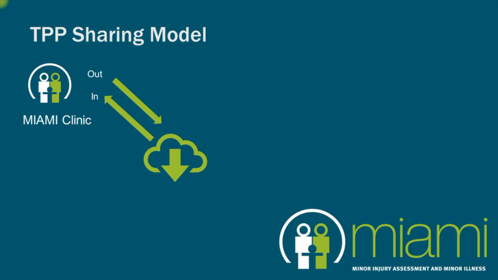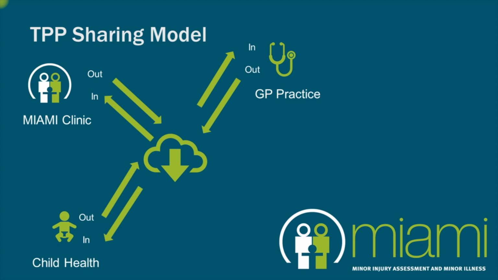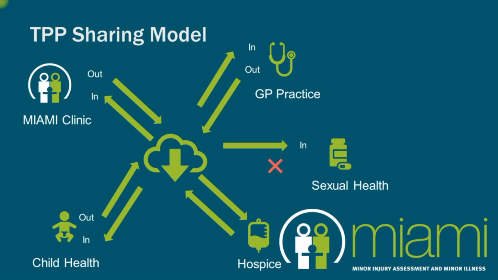Other organisations, such as the GP practice, will also need to obtain consent to share information in and out. There are other organisations that also contribute to the health record, such as Child Health or the Hospice. The design of the in and out gateway for information is specific because it is intended that for certain specialised clinics, for example sexual health, a patient may want to have their GP and other health records shared in so that they're visible to the sexual health team, but not have the nature of their condition or treatments shared back out from